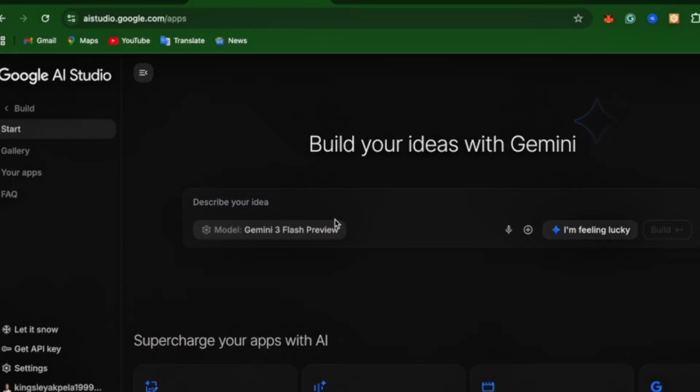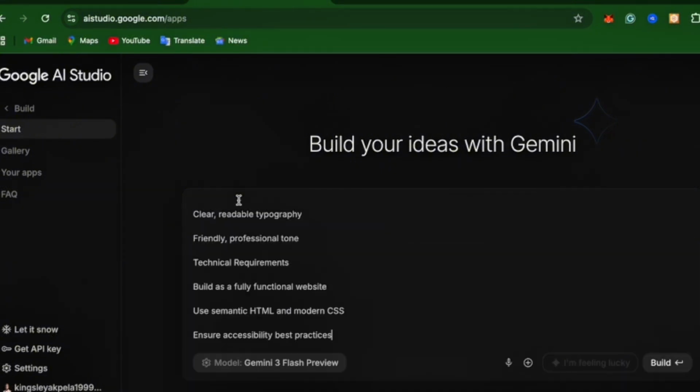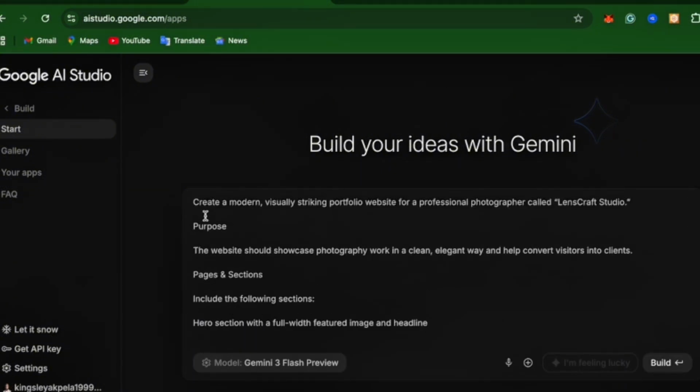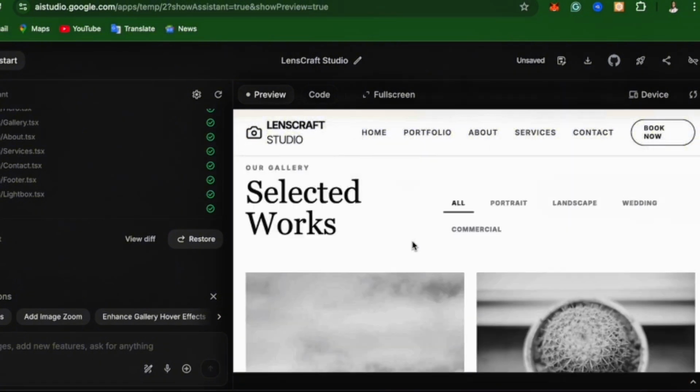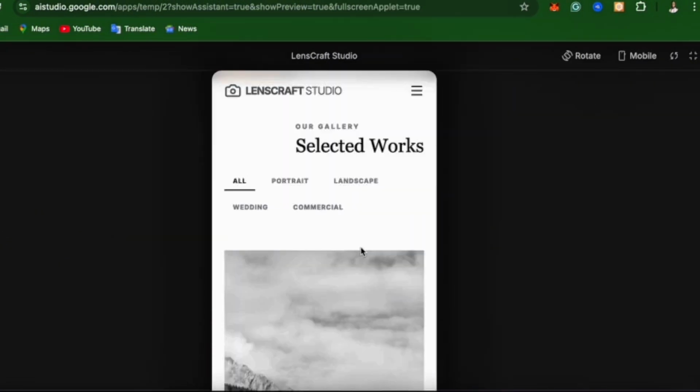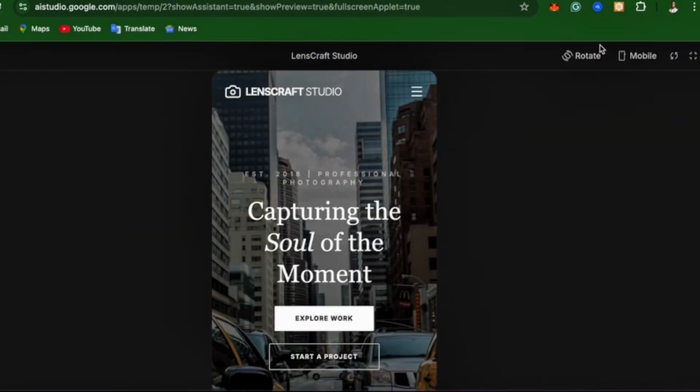Alright, so the second way to make money is by building websites. Now using the same build section, you just describe the website you want. For example, I'm going to type in this prompt: a clean modern website for a photographer to showcase their work. So you can see Google AI Studio plans everything and generates the entire site for me. You can see the result is a responsive, professional website that looks great on mobile devices. Now, this is perfect for freelancing, or you can simply sell this website on marketplaces. A lot of businesses still have outdated websites, and this AI tool can actually help you fix this very fast, and you get paid by these businesses for helping them out.